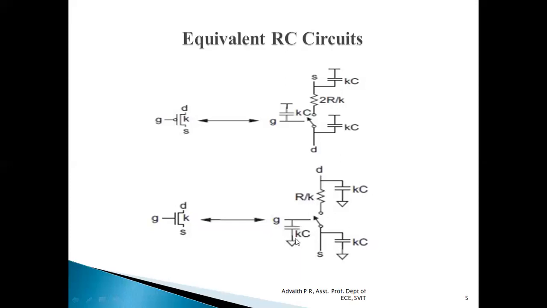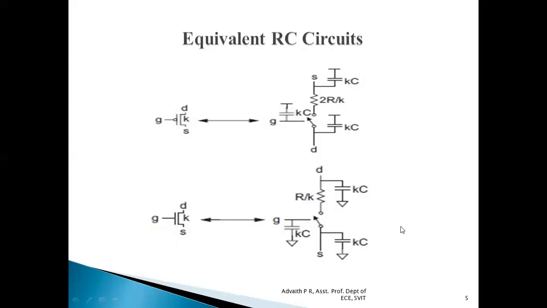We have three capacitances: gate, source, and drain capacitances. The other terminals of the N-channel MOSFET capacitors, connected to the gate, source, and drain regions, are connected to logic level 0. The reason is that the N-channel MOSFET forms the pull-down network. The source of an N-channel MOSFET is normally connected to logic level 0. Hence, when we model the NMOS transistor, we connect the other terminal of the capacitor to logic level 0, that is, the ground.